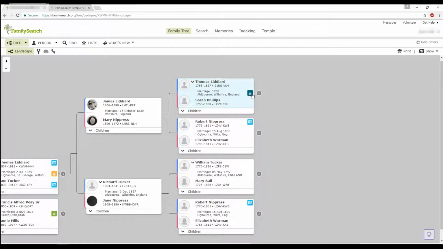You might come across, let's see if I can find down my tree, yep, blue temples. Right here is a blue one. That means it is in progress. It means somebody else has requested the ordinances and either has them in their little temple archive up here, printed it and is working on it, or is somewhere in that process of having reserved it. Two years from when they requested it,